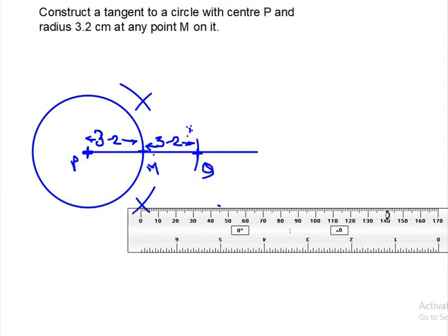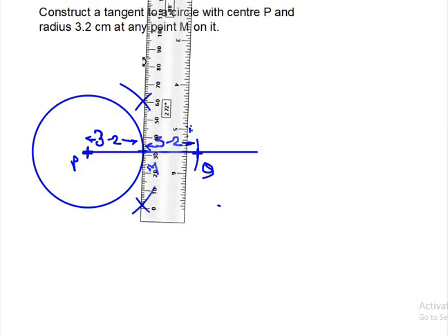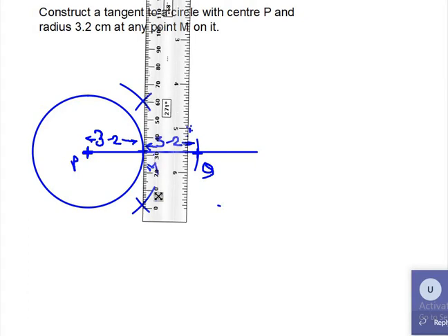Just keep the scale in such a way that point M, the point above PQ and the point below line PQ are in a straight line.